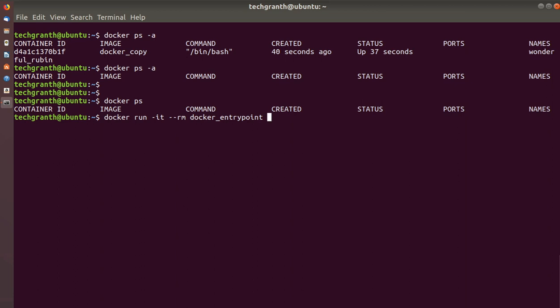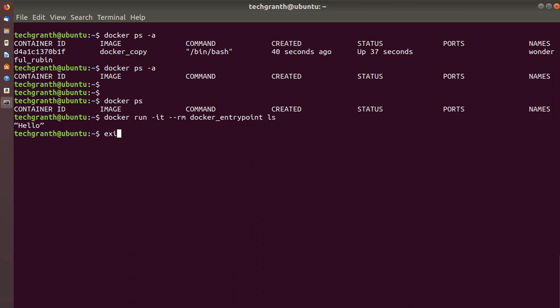So if I say ls here and press enter, it is still showing hello, which means this command could not override the entry point instruction commands. Okay, hope you got it.